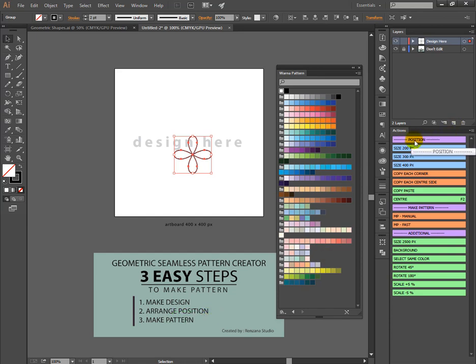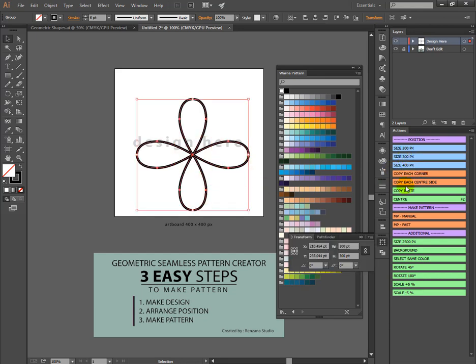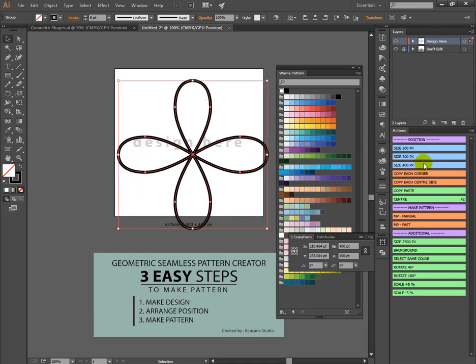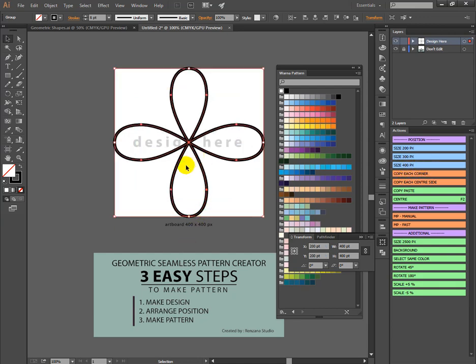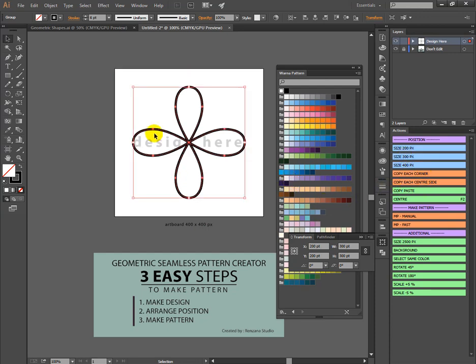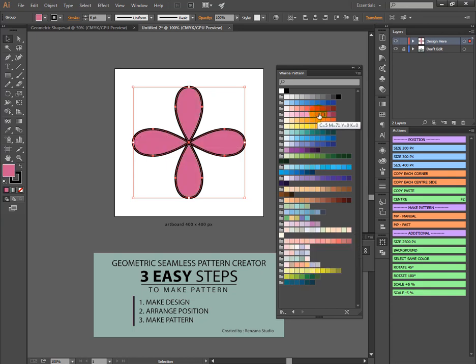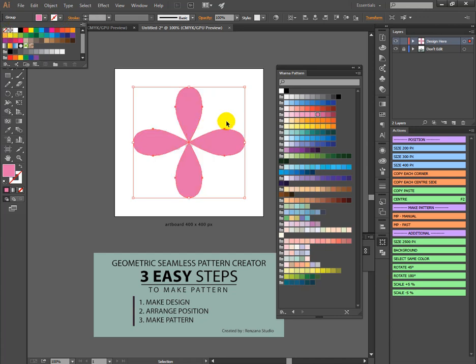In this action position, there are size, so I will size 300. If you go to 400, this will fill the artboard because the size of artboard is 400 and 400 pixel. So for this part, I will choose 300, and then I will fill with this color, I think pink. Okay, I think this one, and I will set no stroke, so like this.